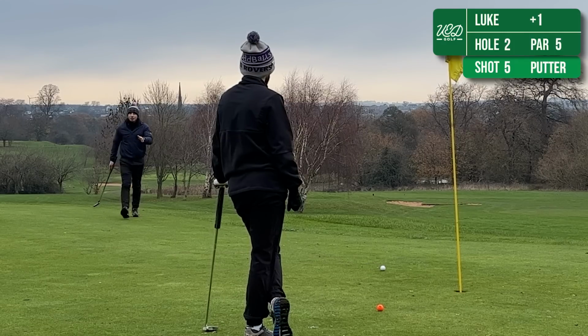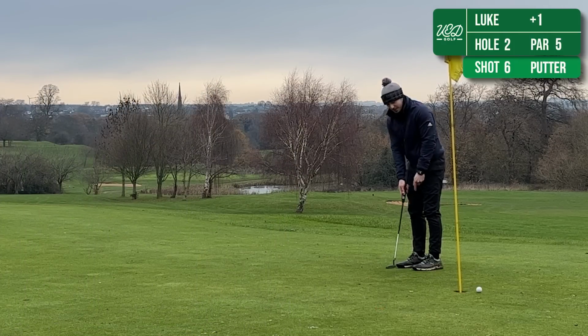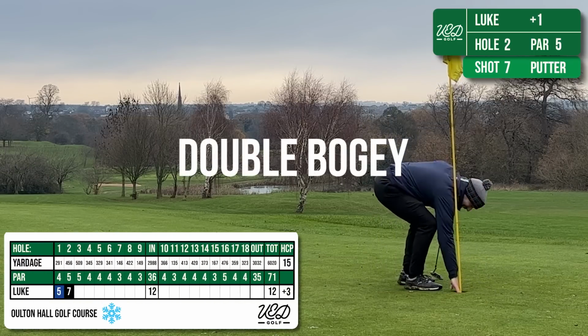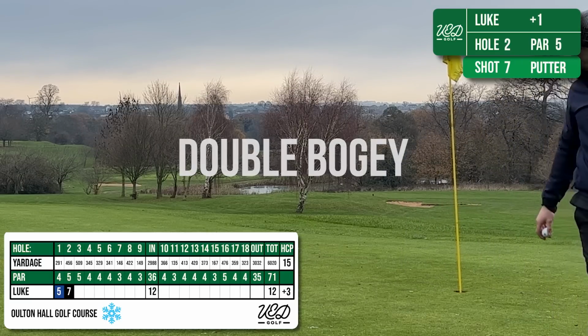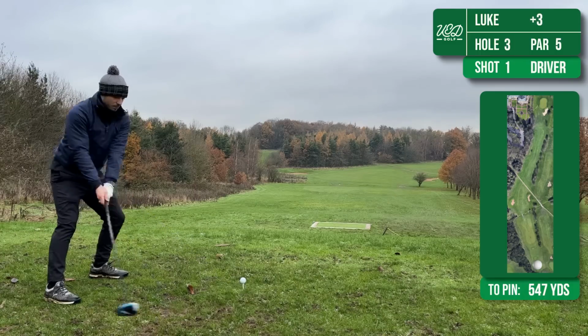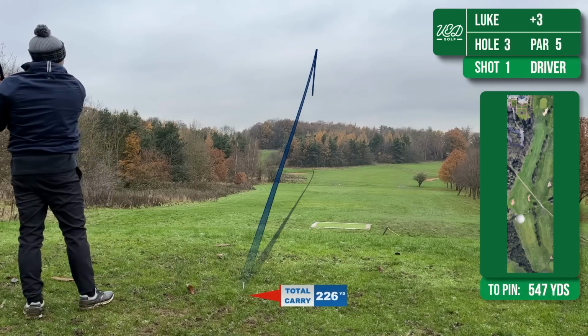It's a slower roll than I was expecting, and the tidy up putt's not a good one, and means that I have to finish this hole for a double bogey. But reading these greens is really difficult because the ball's bouncing off every little imperfection on the green. The third then is another par 5, back down the first par 5 we've just played,